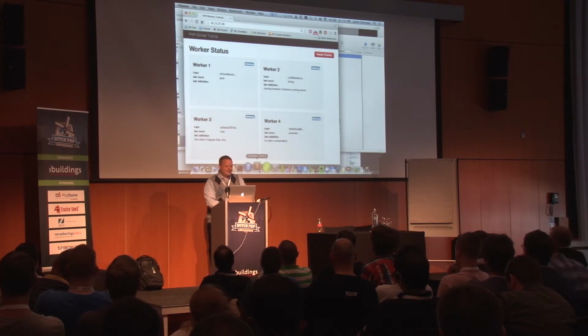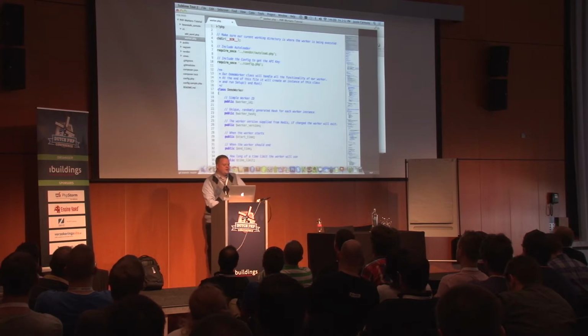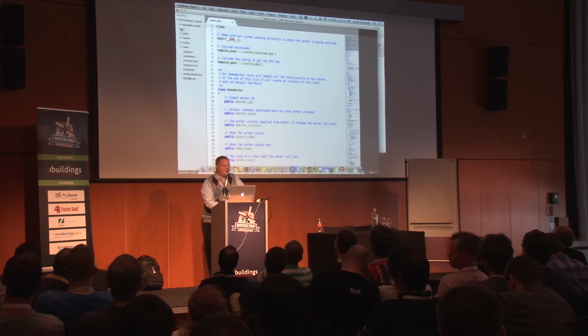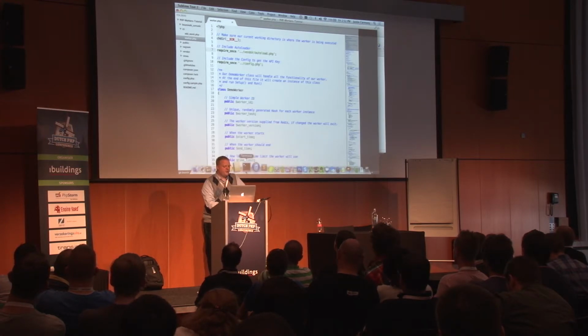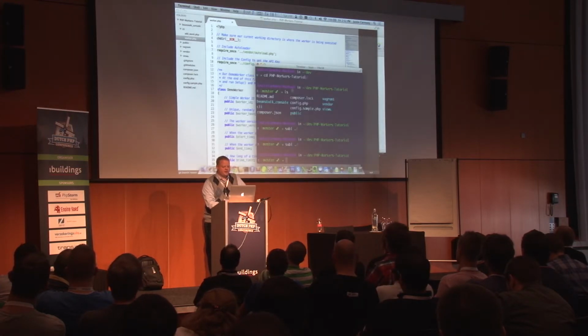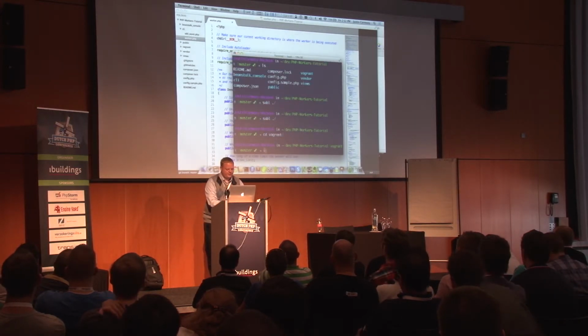But we'll take a look at the code for the worker. All right. Okay. So in this project, I have my little CLI directory. I have my worker, and in fact, I'll show you first how those workers get started. And so if I go into my Vagrant folder,